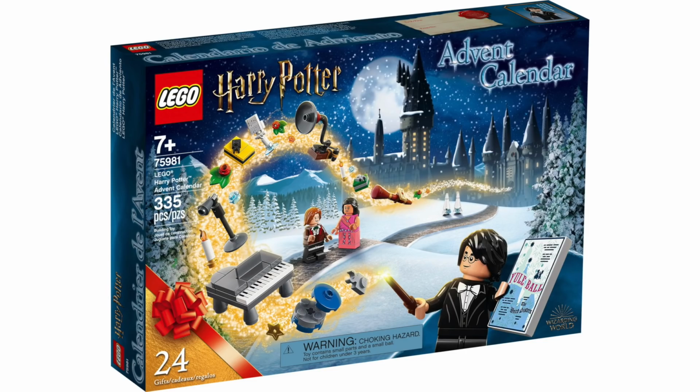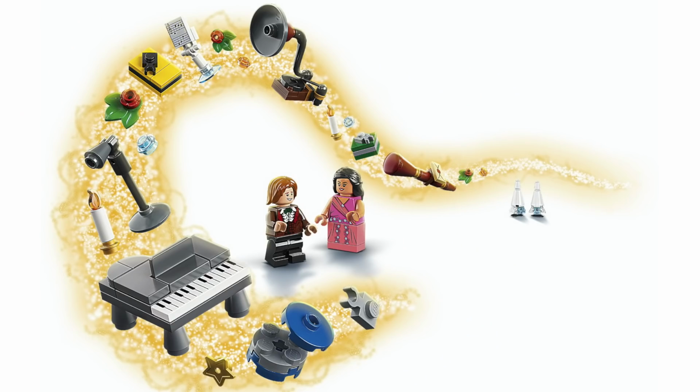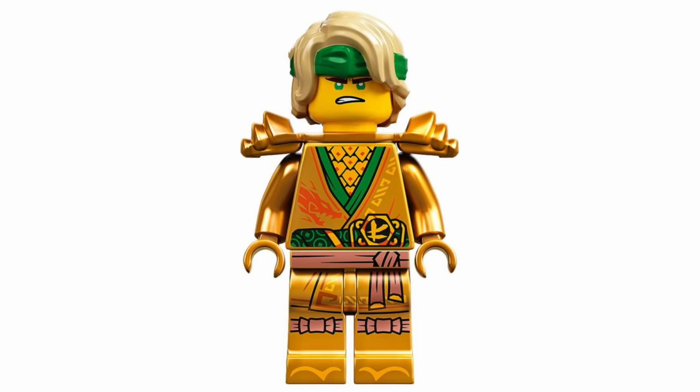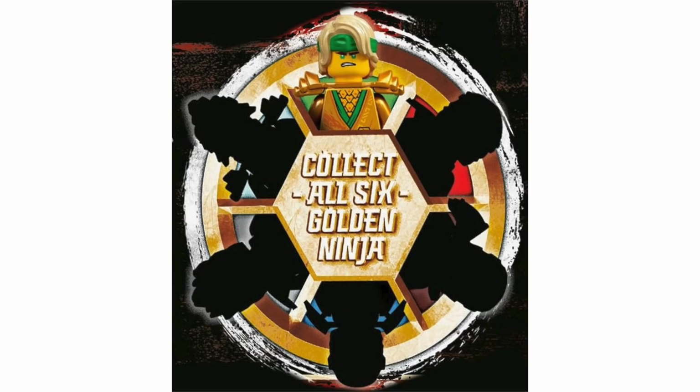And as you can imagine, it's also said we're going to be getting another Harry Potter Advent Calendar in 2021, which is said to be based on the Sorcerer's Stone and may even contain a board game, which sounds pretty cool. There are also 5 more sets we don't know about, so there's definitely a lot to look forward to this year. And speaking of the golden Ninjago figures, while we've gotten 5 so far, there are still 2 more